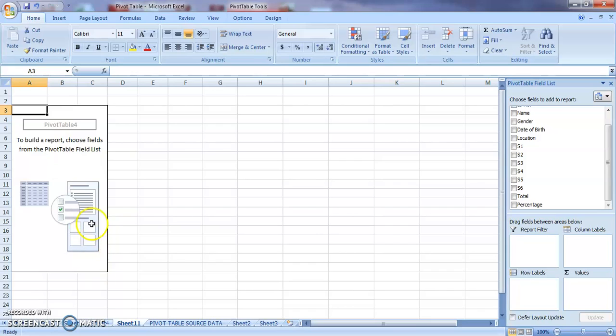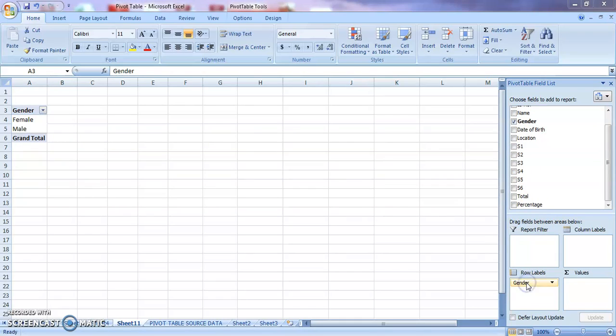Now, the pivot table which I am going to construct today compares gender as well as the maximum, minimum and average score scored by them in each subject. We have 6 subjects. I'll do it with one, and the remaining will be easy for you. Most of the time we don't want all the tiny information. We just need a summary. At that moment, this pivot table will help you a lot.